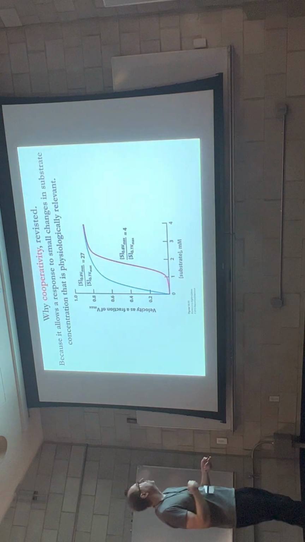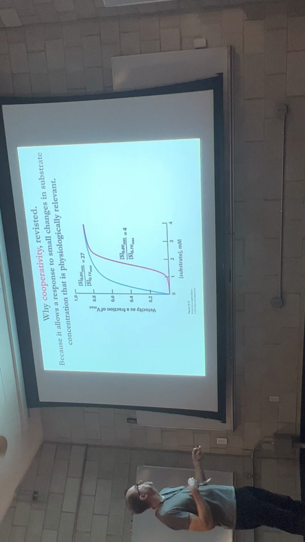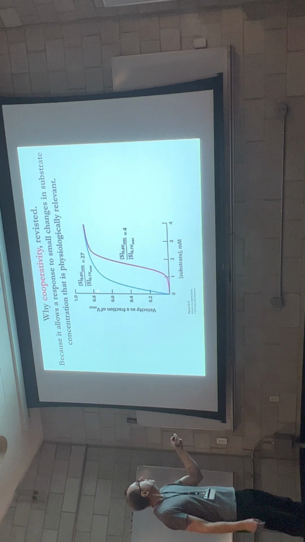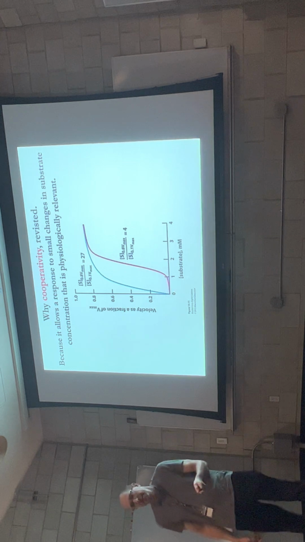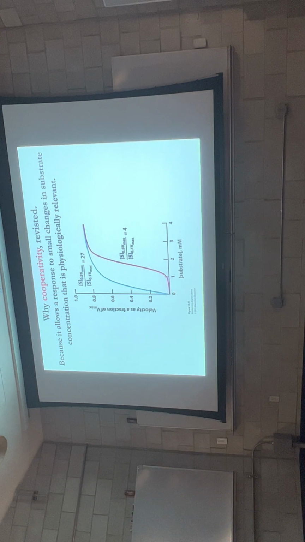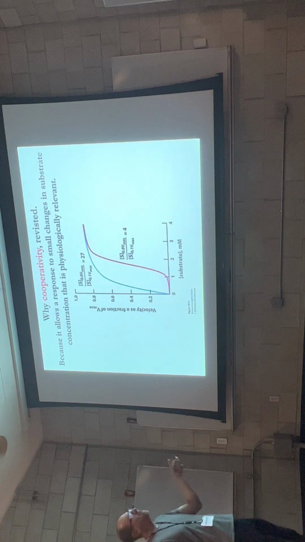And what we want to do is ask ourselves the question, what is the difference in the substrate concentration that would enable us to observe a velocity that is 1/10 of Vmax